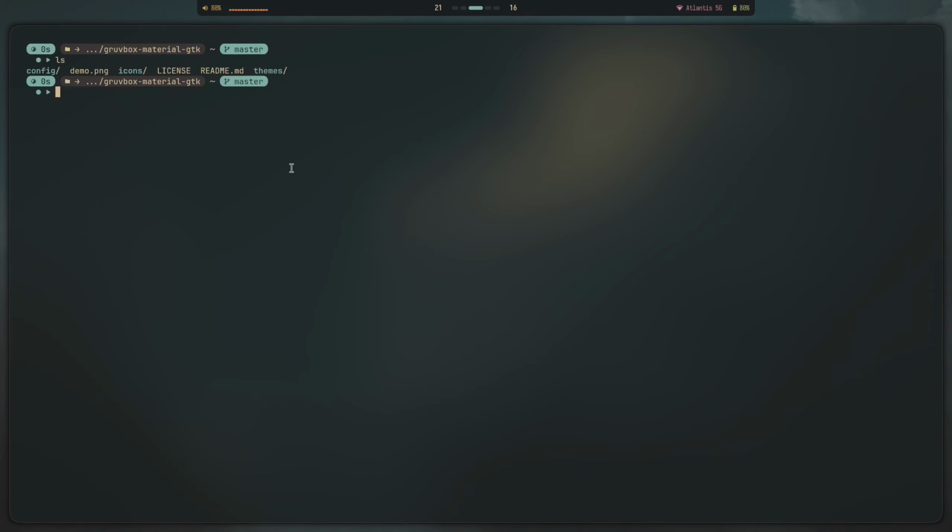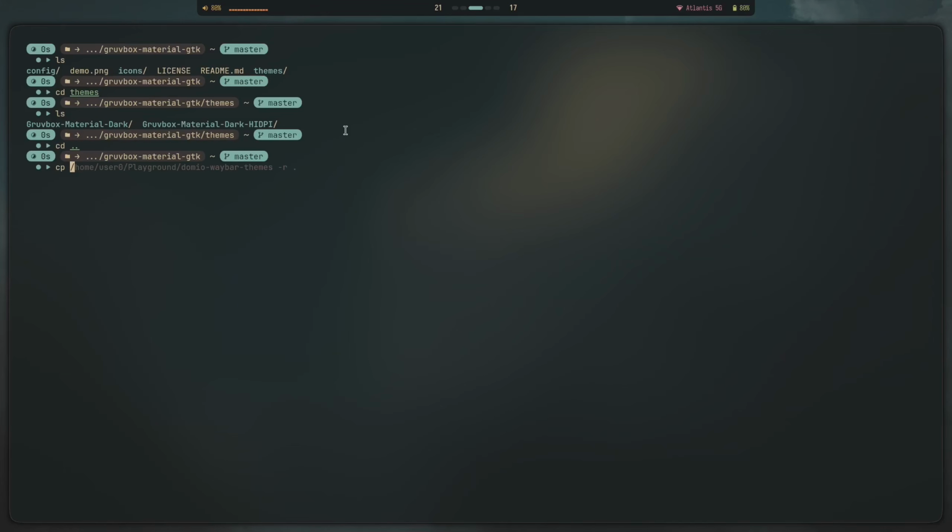Now in here, okay, we have themes. So inside themes, we have Material Dark and Material Dark High DPI. So you want to copy whatever is inside the themes folder. You want to copy over to .themes. Now, in case the folder doesn't exist already, you're going to have to make it. So